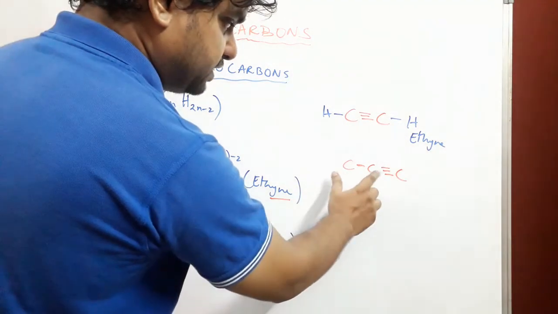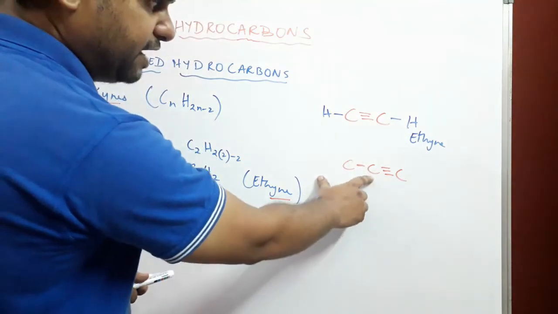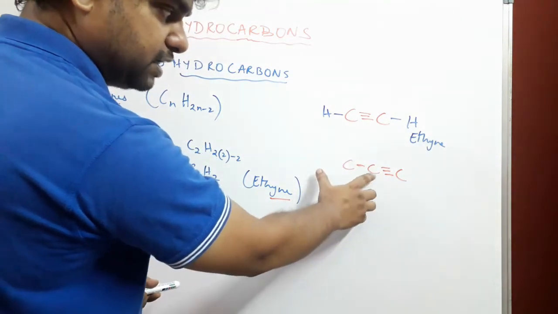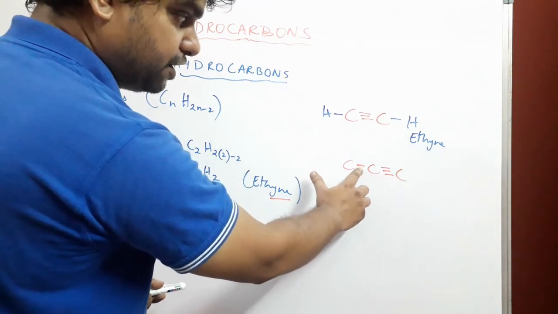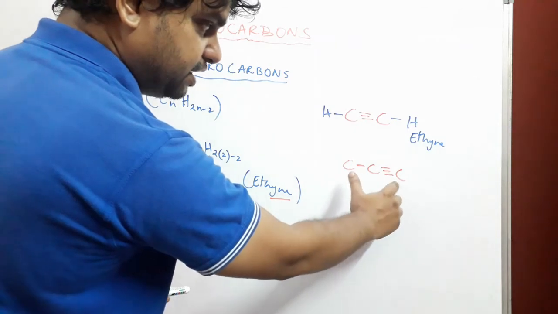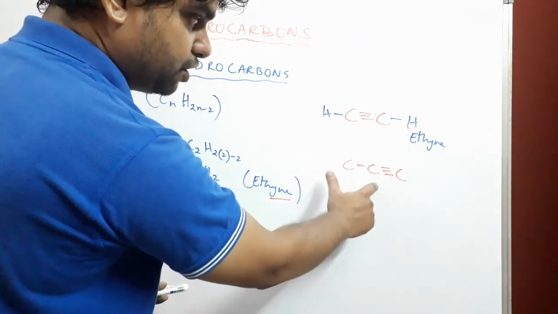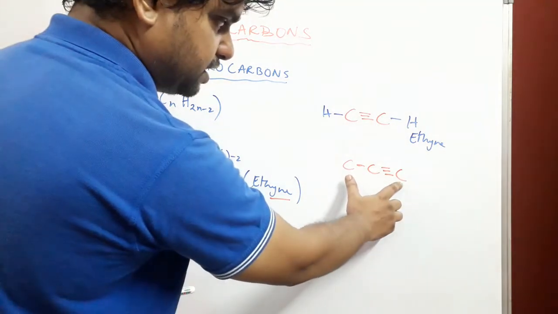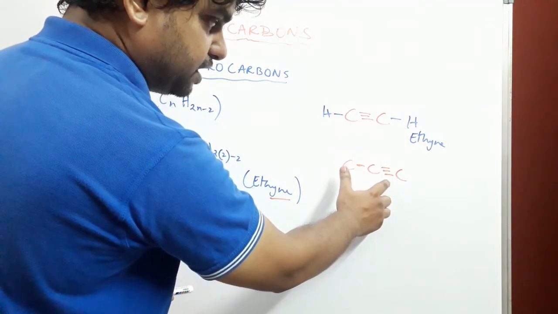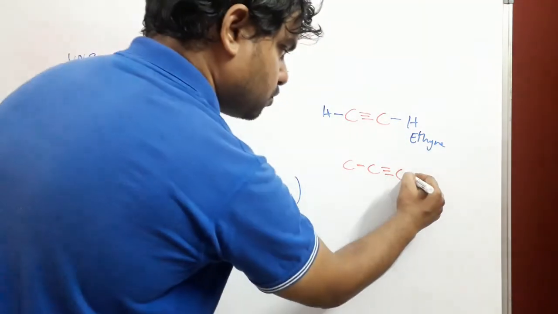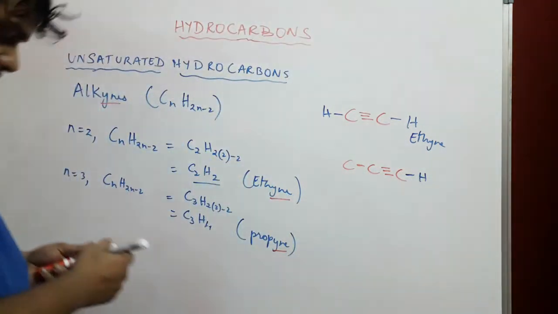Now have a look at this carbon atom. Does it need any more, or can it form any more bonds? No, because it has already formed 4 bonds, 1 with this carbon atom and 3 with this carbon atom. So there won't be any hydrogen atoms coming over here at all. What about this carbon atom? It has already formed 3 bonds. That means 1 bond is possible. So we put 1 hydrogen atom over here.